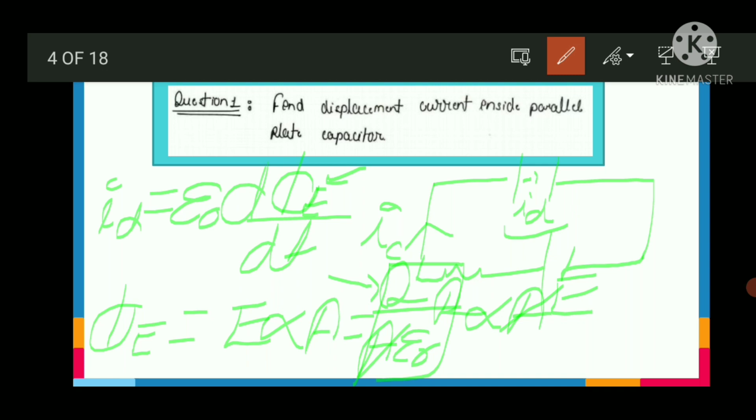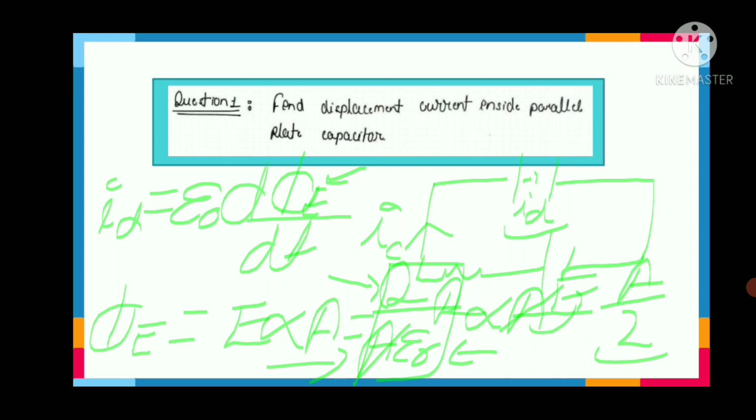The small change which the questioner may bring in this question is if it is asked to find the displacement current in half of the capacitor, then what will be the changes? Well, this area will become one half, because ID flows through the whole capacitor, then in half it will be half. But can you say about this area, will it be half or not? The answer is no, it will remain the same, because unless our capacitor size and shape change, its value remains the same. So friends, for this question, this q upon epsilon naught will work. So friends, I think we can move to our next slide.